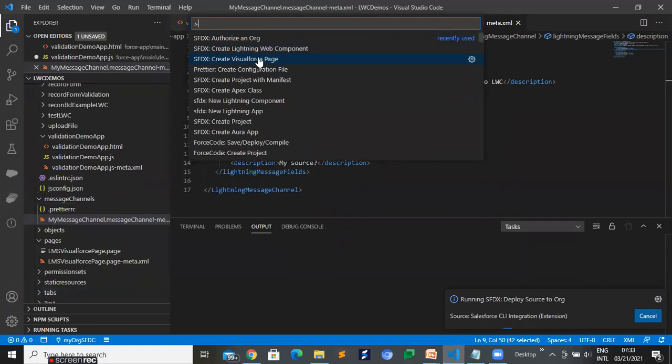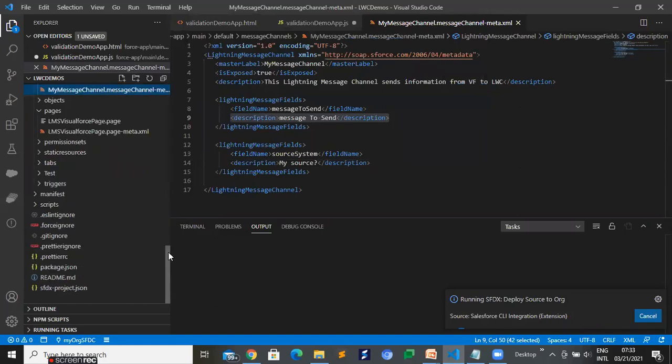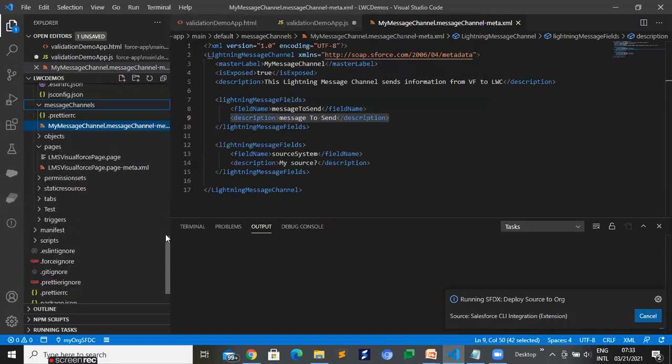And you need to specify the name, whatever name you want. When you create your VF page, it is under your VF pages, right?